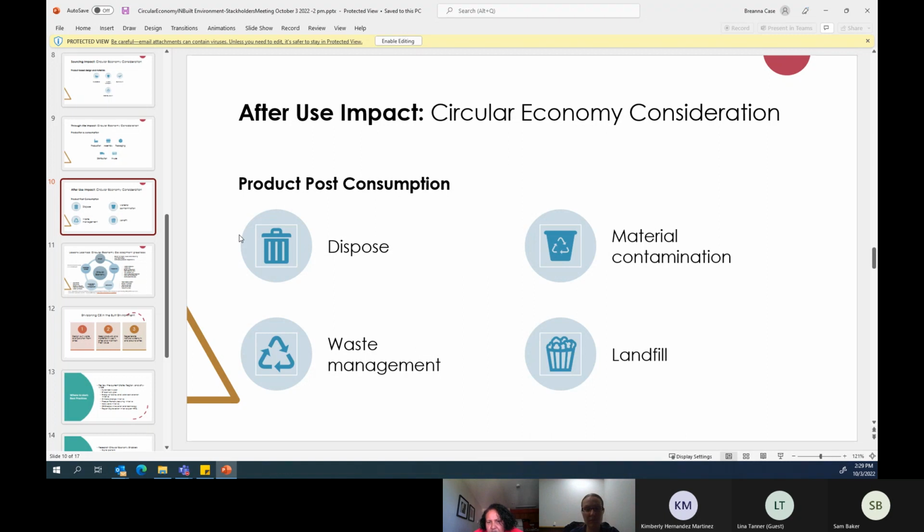So in the disposal, in the waste management, it's the same thing as material contamination, and they need to work on that. But we introduce sustainable material management now. So we'll see what type of landfill it is, all that.